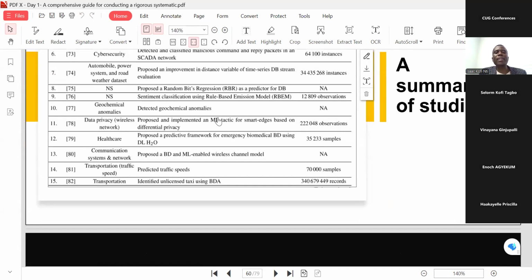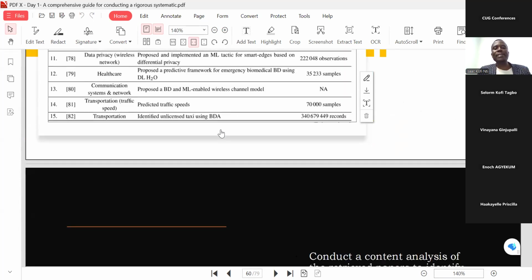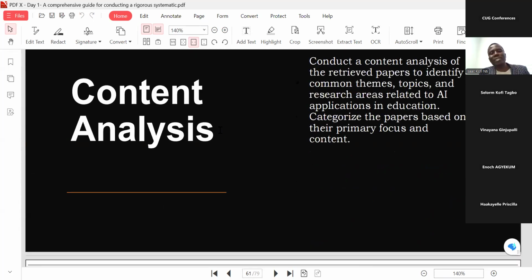Then when you are done with this quantitative analysis, you move to qualitative. This is where you are doing content analysis of the papers. So the first thing we just did, they are just